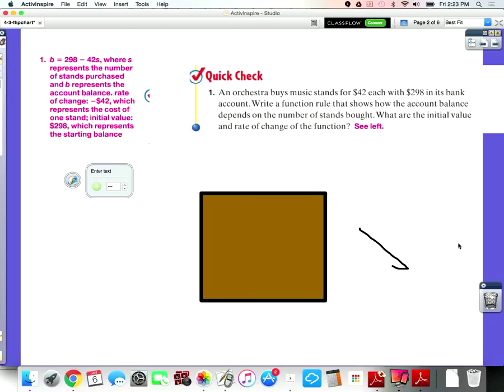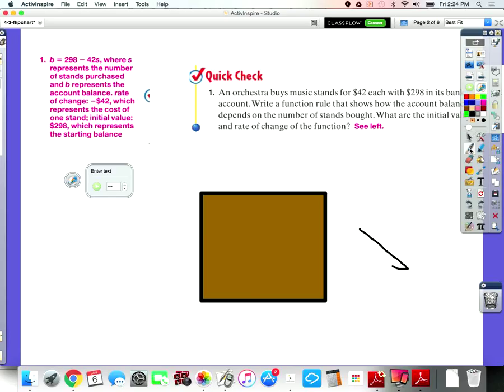I would mark that wrong because it's not slope-intercept form. I want it to be in y equals mx plus b form. So it would be y equals